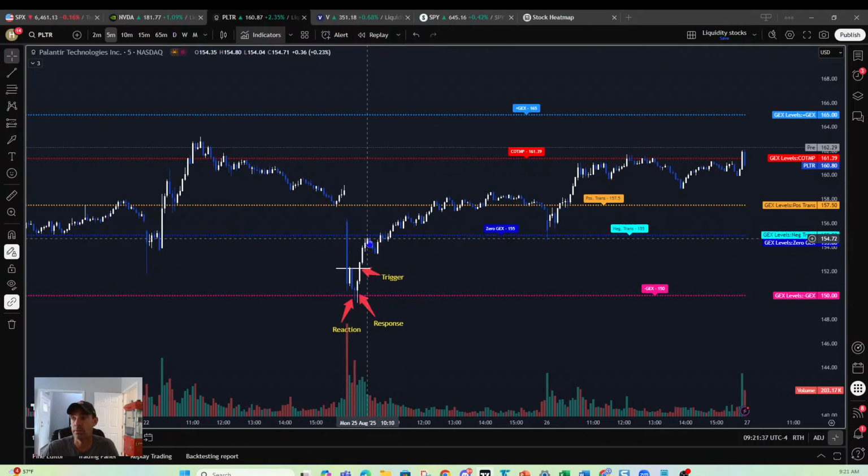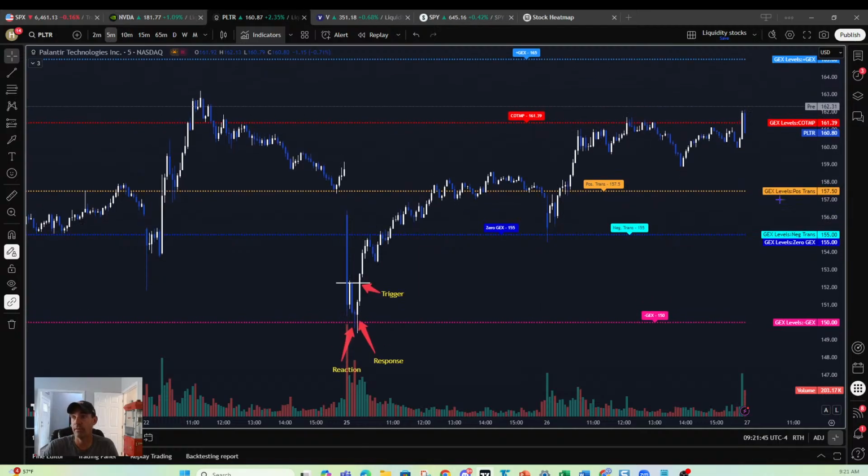You drive up towards the zero GEX level and in trans level, and then once you start transitioning across that zero GEX level, you're entering a more favorable, more positive gamma, call-dominated environment. This is basically a balance point, zero GEX. Then you cross that zero GEX level, again a more positive overall environment. So if you get involved at the zero GEX level as you're transitioning in the overall structure, this is an early entry point. And then you have P-Trans.